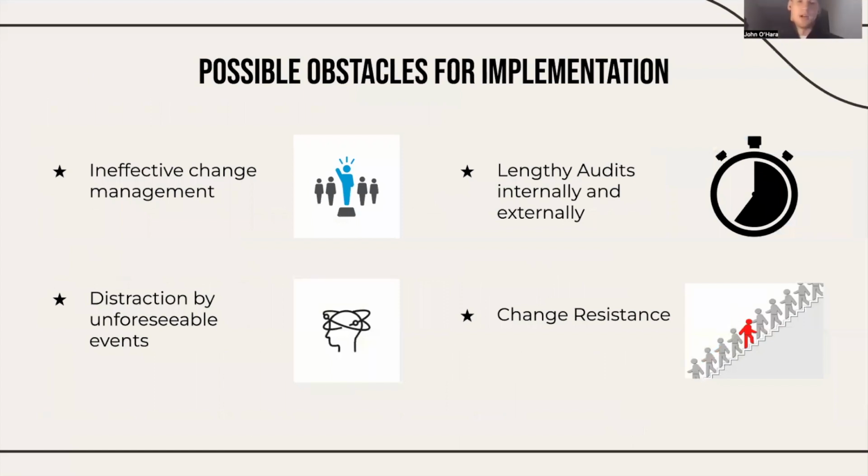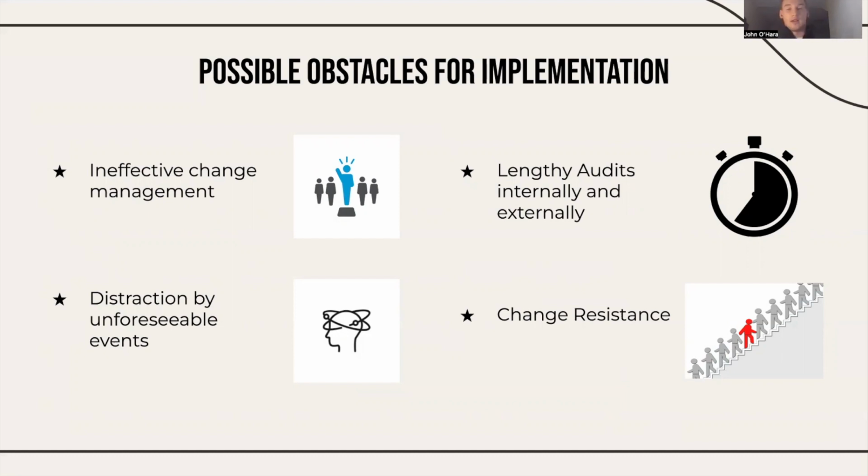And next, we will look at possible obstacles that Nike faces in the implementation of these plans. First is that of ineffective change management. Having leaders that aren't skilled change leaders can negatively impact the implementation from the start. Thus, it is important for Nike to take into account leaders and the utilization of talent. Another obstacle would include distractions by unforeseen events such as COVID or political unrest, which Nike needs to take into account due to the global footprint it has around the world.